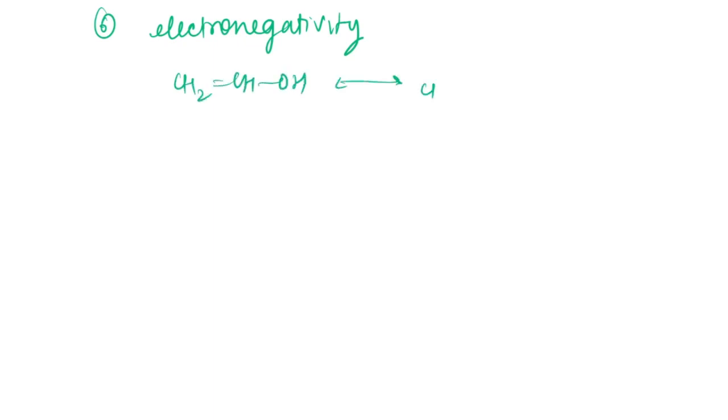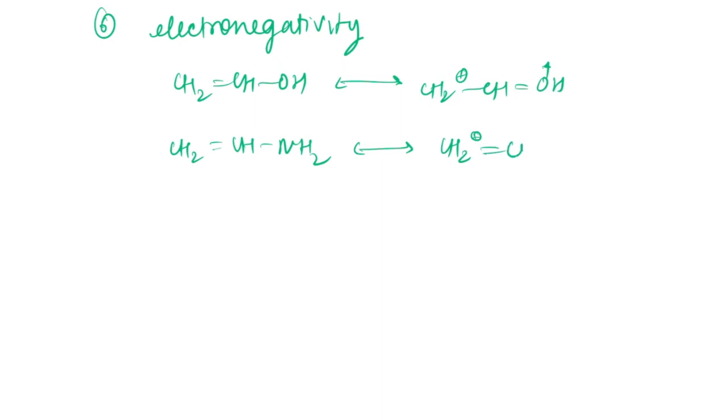This is the resonance with CH2 negative CH double bond OH plus. But when we have CH2 double bond CH and NH2, it will form resonance with CH2 negative, CH2 single bond CH double bond NH2 positive. So electronegativity, we know that FONCl is the order of electronegativity. So oxygen has more electronegativity than nitrogen. So nitrogen can easily donate and it can easily accommodate